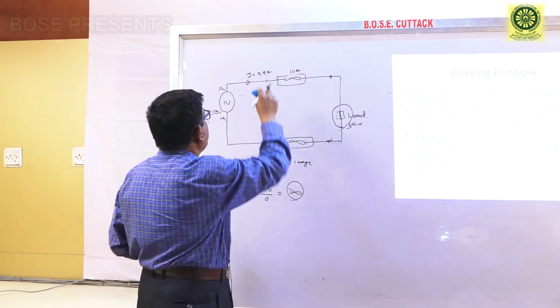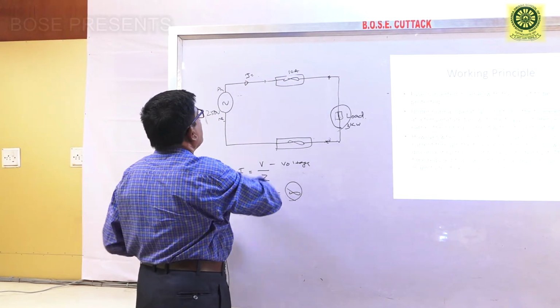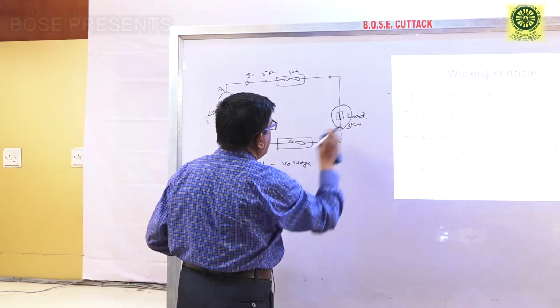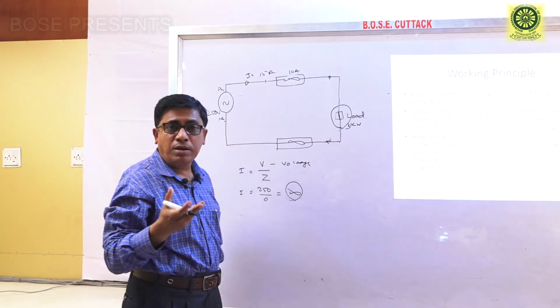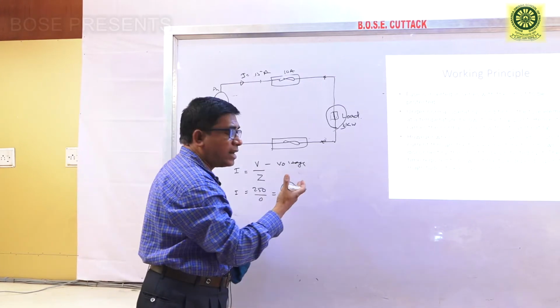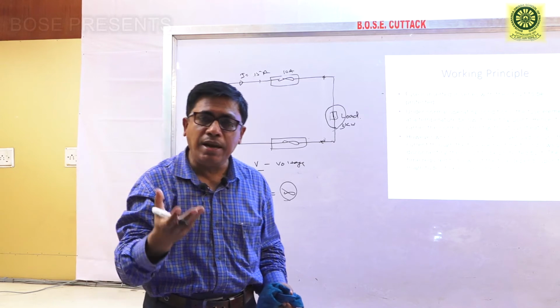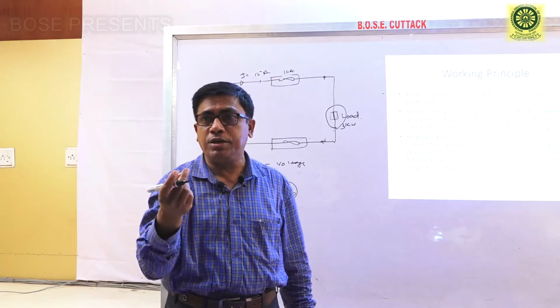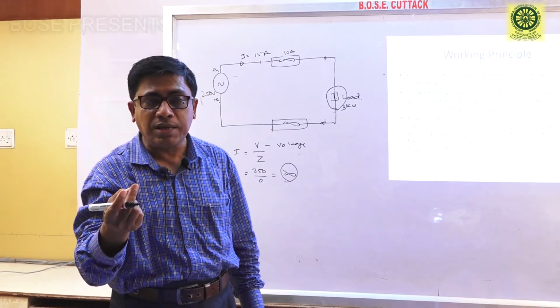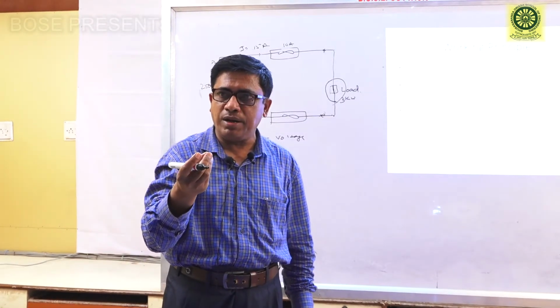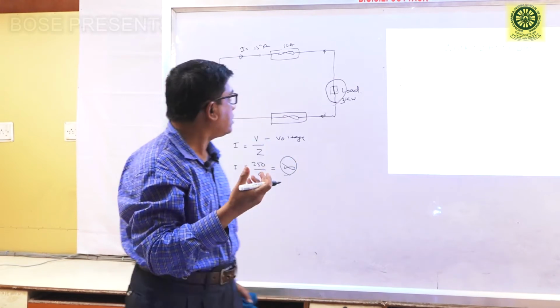For example, the load current is 15 ampere. Now what will happen? It will be heated. It will start melting. Then finally the fuse will be disconnected. So it takes some time. Now what is the time? It will take some seconds. It may take 20 seconds, it may take 25 seconds to disconnect the circuit.